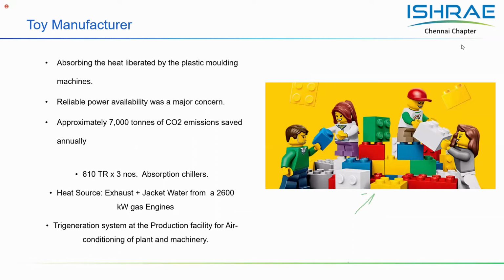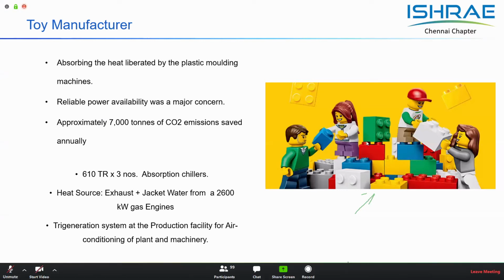Now in the industrial segment also there are applications. For example, this is one case where a plastic toy manufacturer uses the CHPC concept to generate power for his plant operations, and the waste heat is converted into chilled water, which is used for cooling the injection molds, in which the plastic is pushed through to generate the toys. In every industry there is some requirement of cooling or the other, which can be catered efficiently by this kind of CHPC technology.